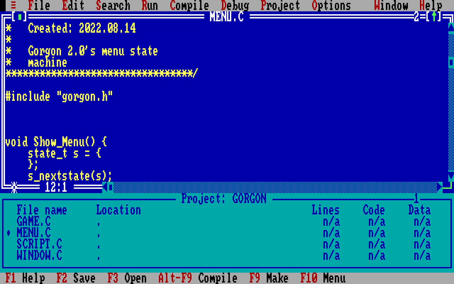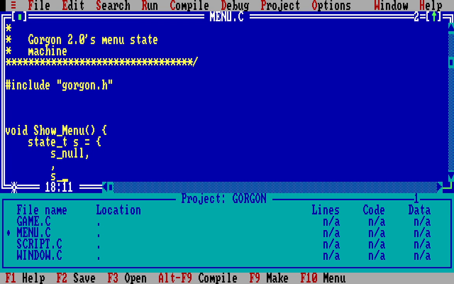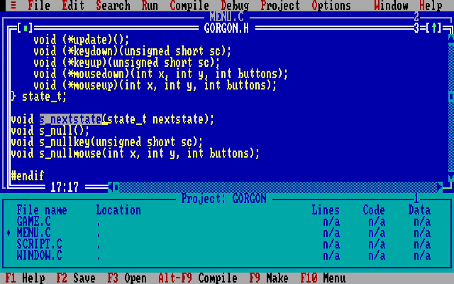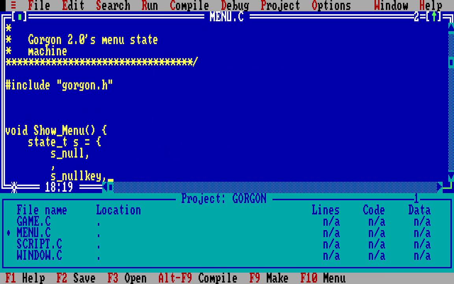But that means that we probably don't actually need an active update, like a tick. So we can do snull, and we'll go ahead and use null key for the key up. I believe that's the right order, right? Yes, for the key up event. We're going to go ahead and put null, but